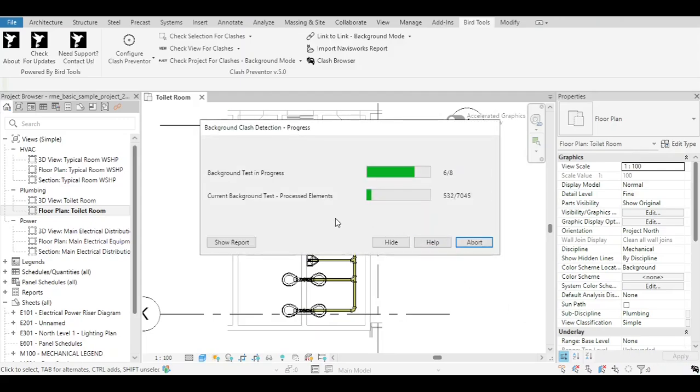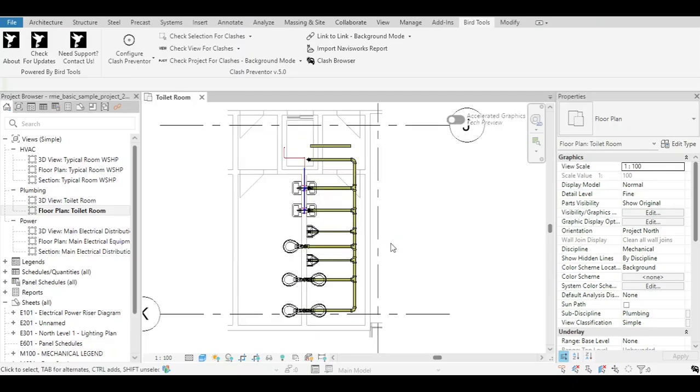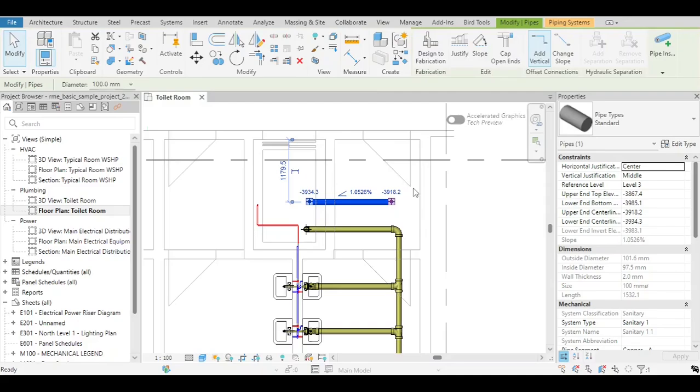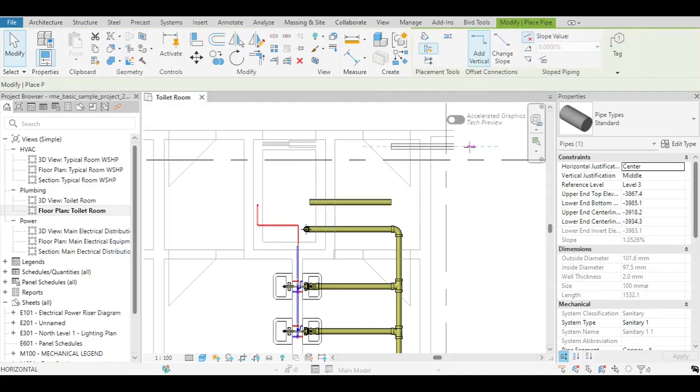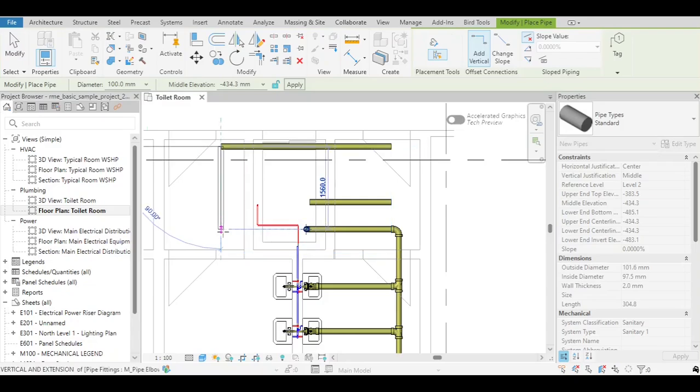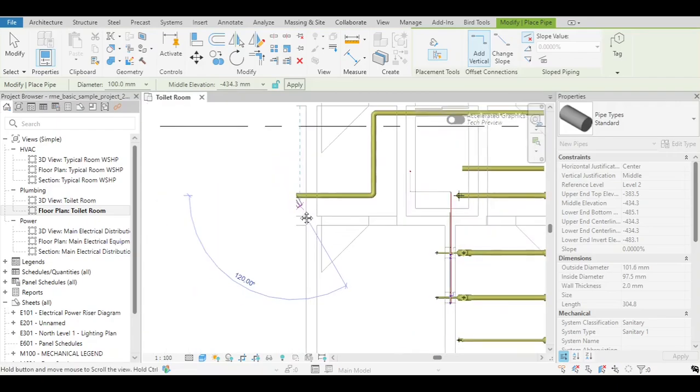That button is animated while clash detection runs are being processed in the background, and once pressed, displays a progress dialog showing all those runs. That progress dialog can be hidden and accessed at any time later on. Note that this button opens the Clash browser if nothing is running in the background. While those clash detection tests are running in the background, you can just carry on with your modeling activity within the model without interruption, thus preventing you from losing time while waiting for those runs to be complete before being able to access your model.